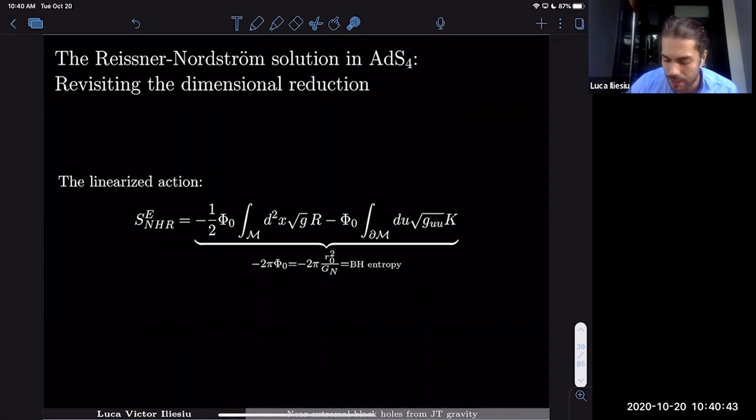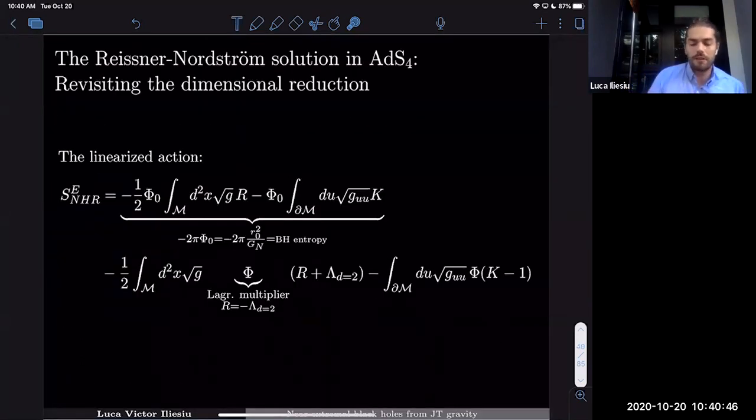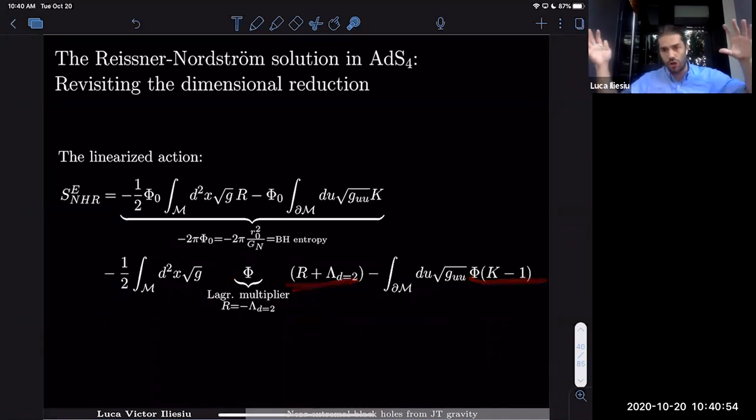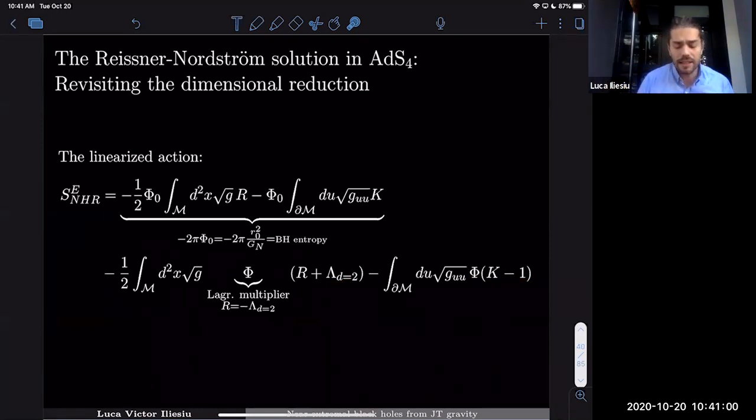And the second term that we obtain in the near horizon region comes from the fluctuating piece of the dilaton, so from phi. And once again it includes a bulk term and the Gibbons-Hawking-York term that was generated by integrating fluctuations in the faraway region by parts. And the only thing that phi does in the bulk is that it imposes that R plus the 2D cosmological constant vanishes. This 2D cosmological constant is actually obtained as a function of Q and J, the U1 and SU2 representations. So it just imposes this.